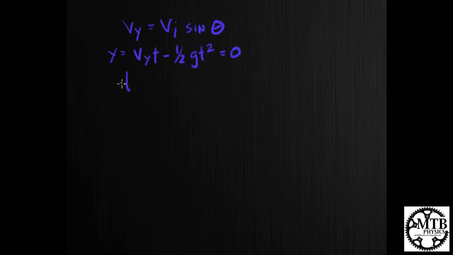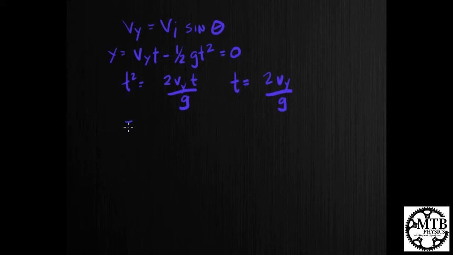We'll rearrange the equation to solve for t squared, excuse me. t squared will equal 2 v_y t divided by g. Divide through by t, and we get t equals 2 v_y divided by g,